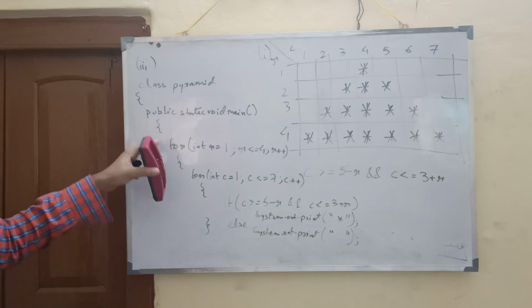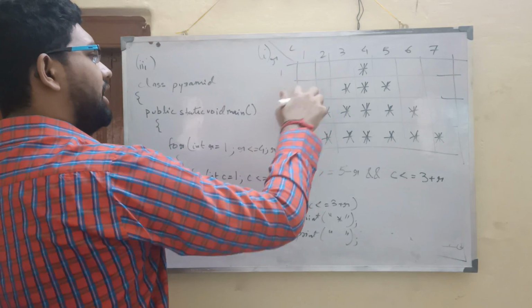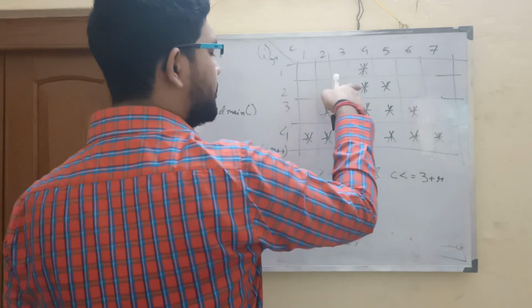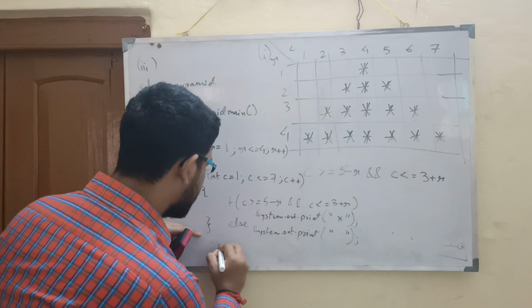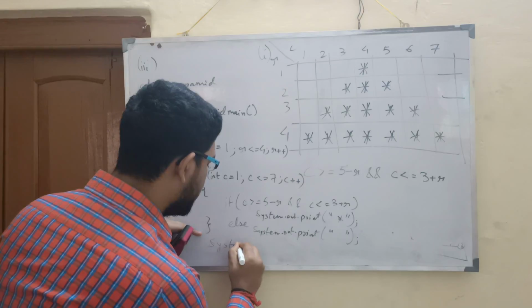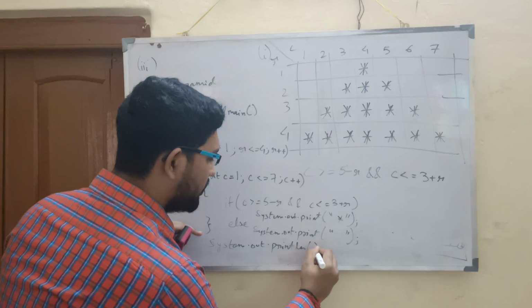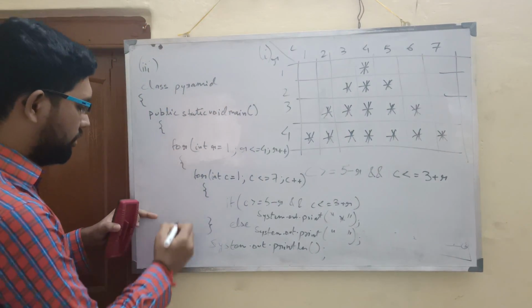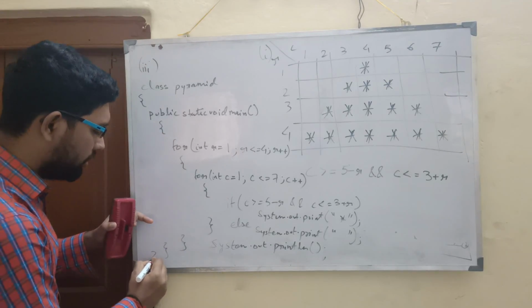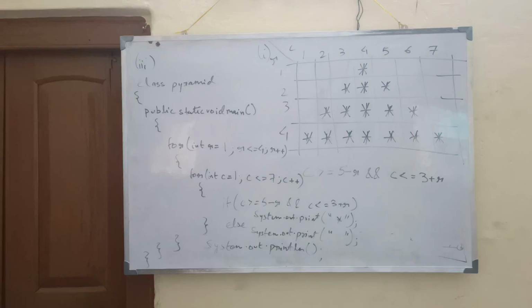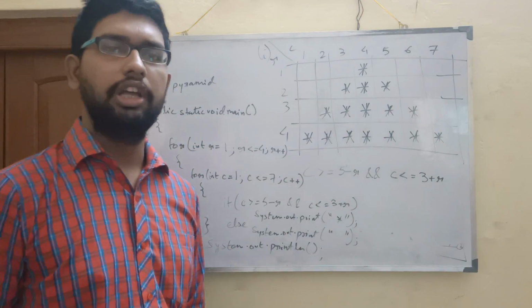And for the outer loop, because when this is printed, we go to the next line. A new line will be generated, and then the stars will be printed according to the condition. So we'll write System.out.println. That's about it, and we'll close the outer loop and the other two brackets before it. So this is how you can print out a pattern. Hopefully you have written down or understood this part. If you have not understood, you can write down in comments.